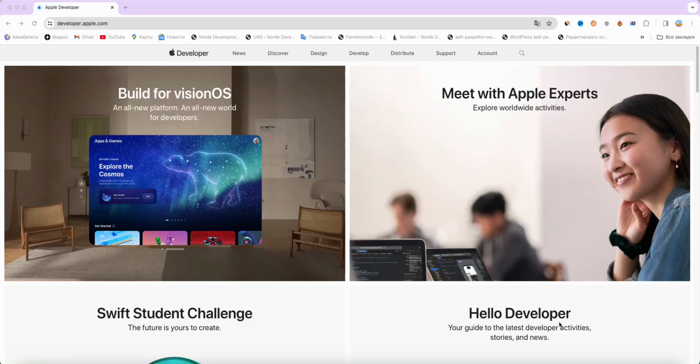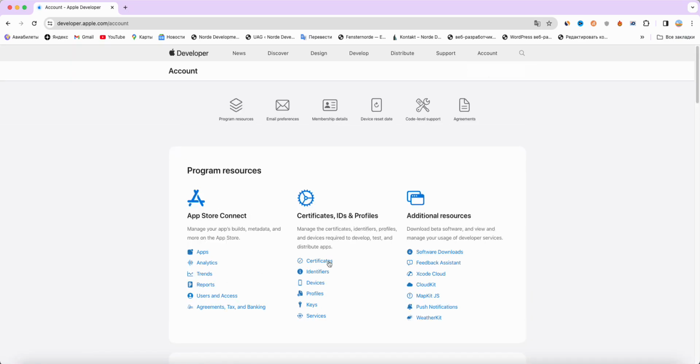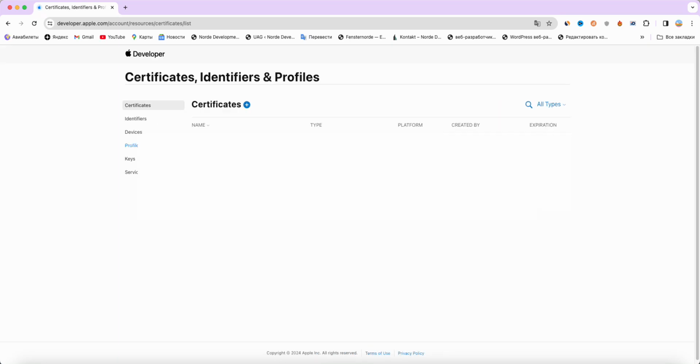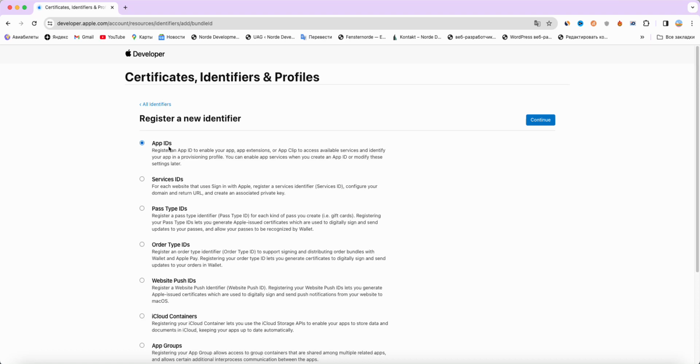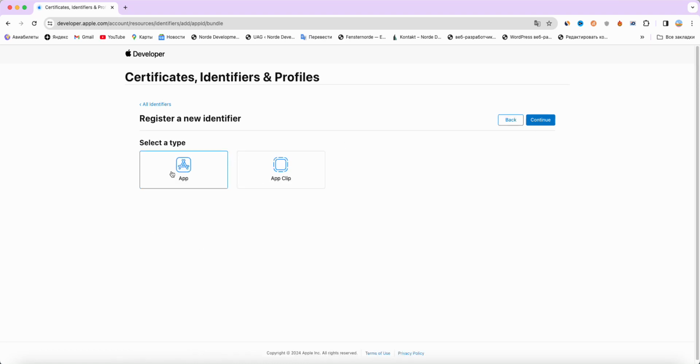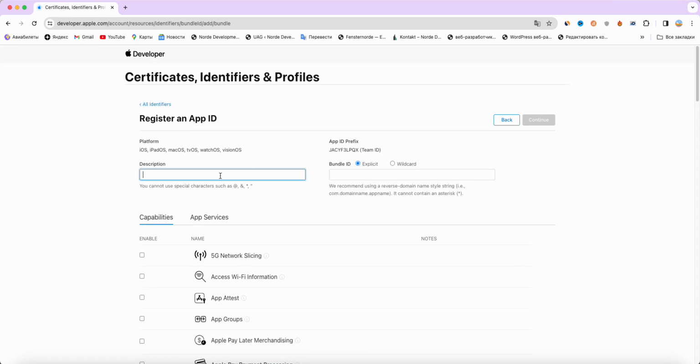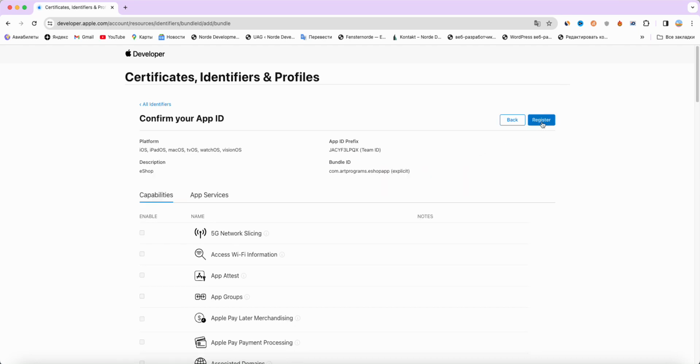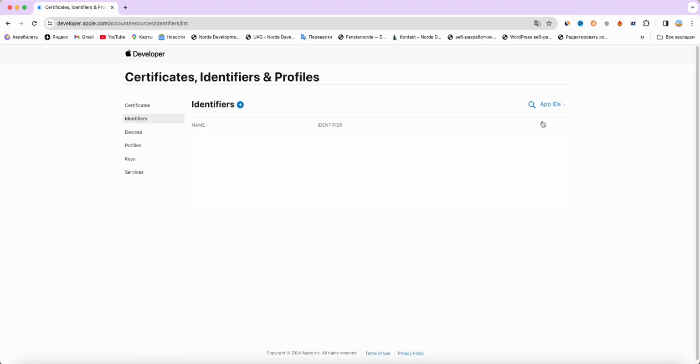In this video we publish a Flutter application to the App Store. Now we open account, then certificates, identifiers, add identifier, select app IDs, continue, select app, continue, description, eShop, then we add bundle ID and we can create bundle ID, select continue, register, then we open